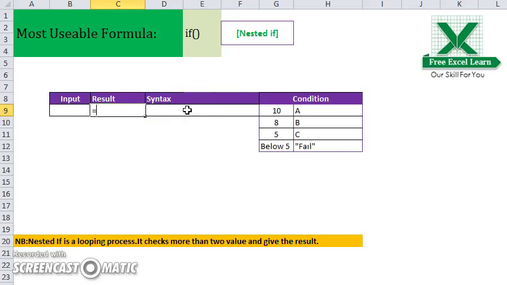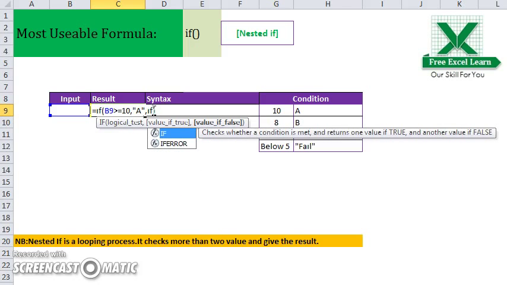I write IF, then give a bracket, then allocate my cell, and here my value will be greater than or equal to 10. That means if the B9 value is equal to 10 or greater than 10, then write a comma and input the result, which will be A. Okay, and if this condition is not true, then it will go to